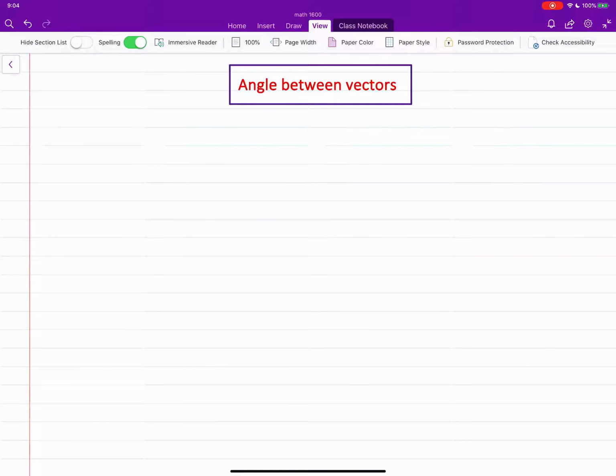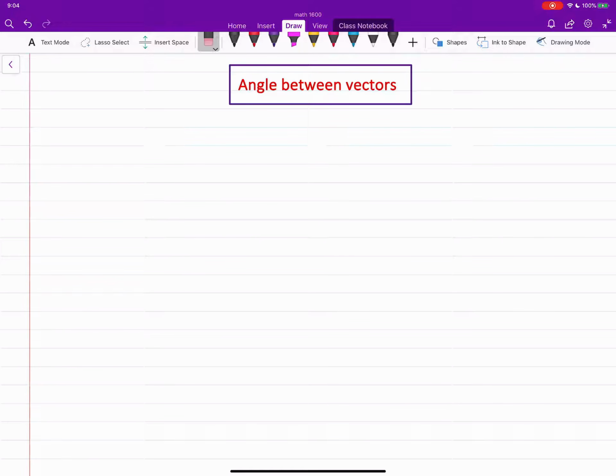Hi, in this video we will learn about the notion of angle between two vectors, and we will find a formula for that. We will use that formula to introduce a new notion called orthogonal vectors. Okay, so everything in this story comes from a classical